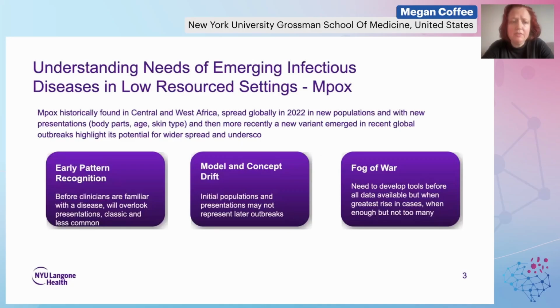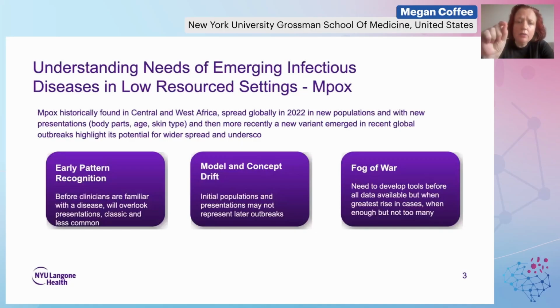And so some of the issues that have come up is that we really want to use AI for early pattern recognition before clinicians are familiar with the disease. They may overlook certain presentations. They may not recognize classic presentations. They may not recognize less common presentations. This disease presented in very different populations: instead of children in Central Africa, it was among men who have sex with men in Europe and Asia and the US and other parts of the Americas. We need to make sure that AI models are recognizing these patterns